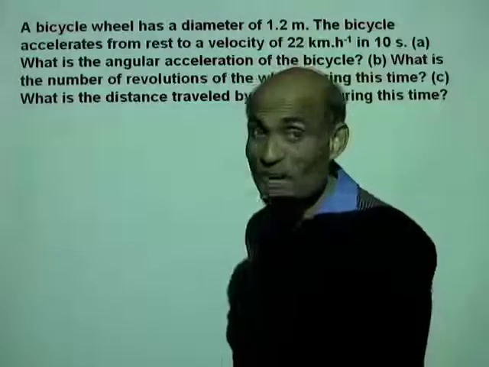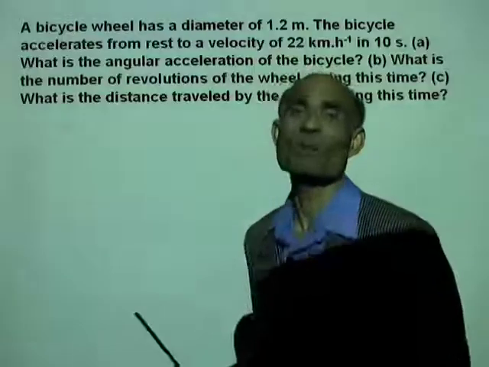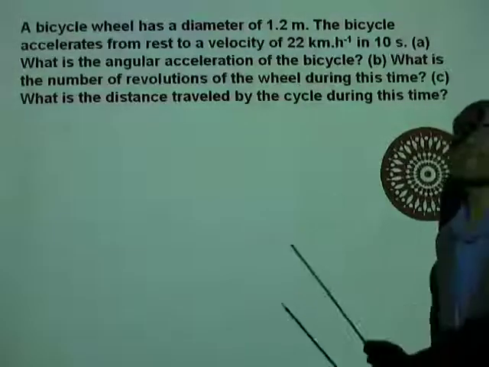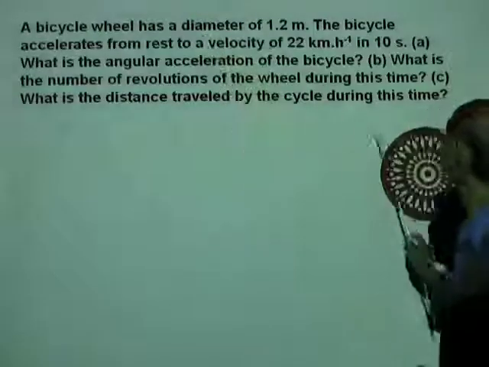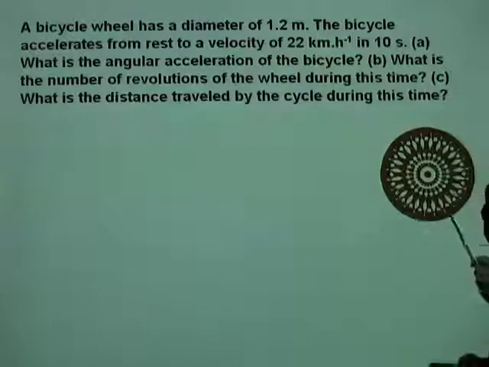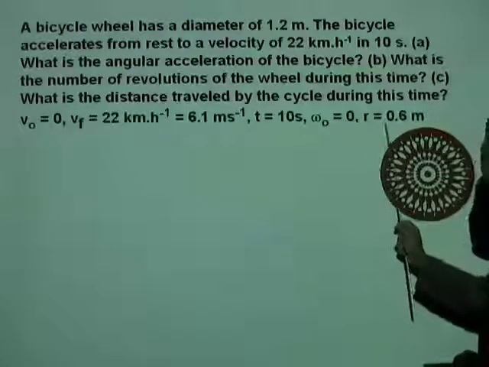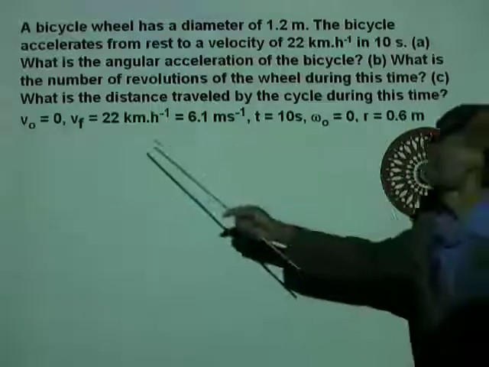Well, all these we have actually done already. This is a recap of what we have already done. Now I have a fancy bicycle wheel here. What is given to us? The diameter of the wheel is 1.2 meter, means the radius of the wheel is 0.6 meter. The initial